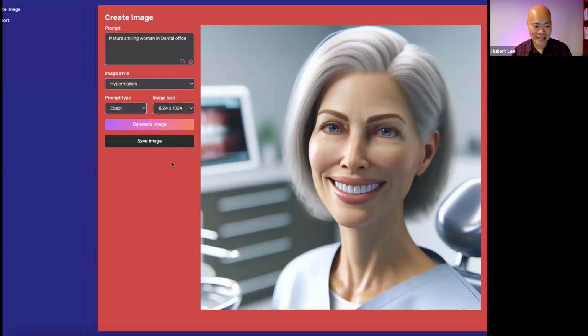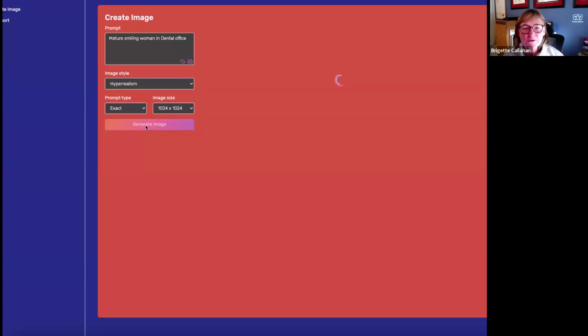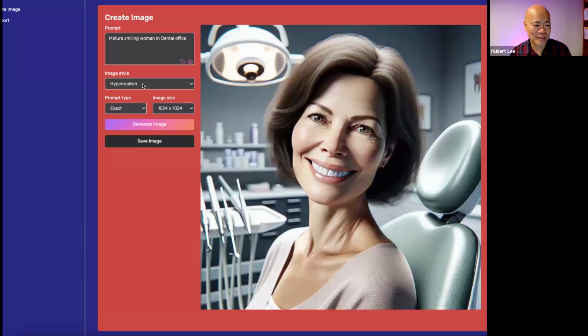Okay, and in fact, well, this is a little spooky, but let me try a different one. Hyperrealism really goes a strong edge. You might want to try a different image style. That's true. I'm going to switch it back down to just realistic. And then we're going to check in with Dr. Todd and ask him what his particular